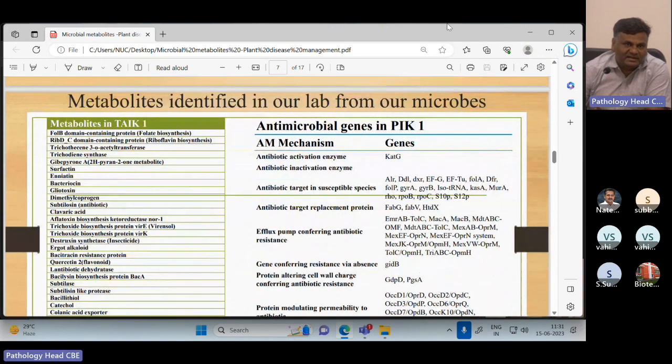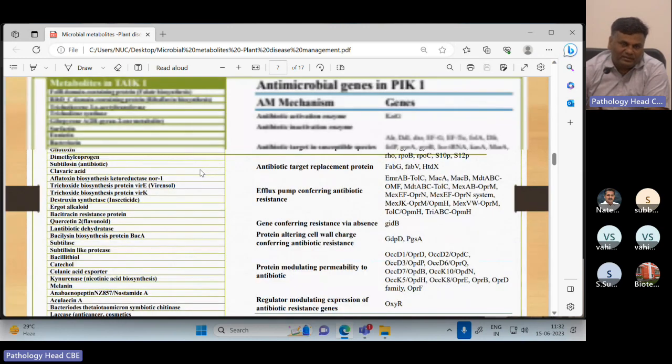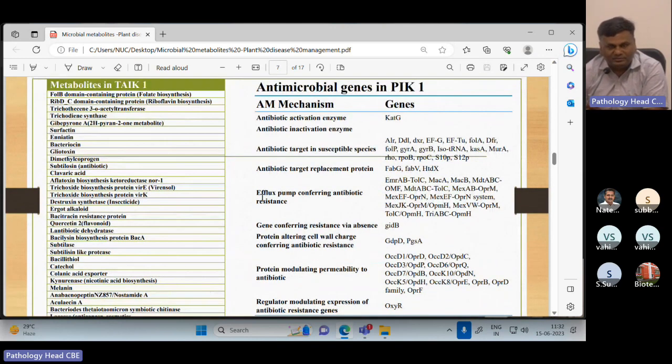And then another important one is Trichoderma, that is Trichoderma asperellum, and this type 1 is our own isolate. We have thoroughly studied this organism for many of our purposes. We have whole genome sequenced it, genotyped it totally, and studied its transcriptome. And we have done the metabolomic classification; the analysis is given here. This is the metabolomic analysis. So we have got a very good class of metabolites from this isolate.